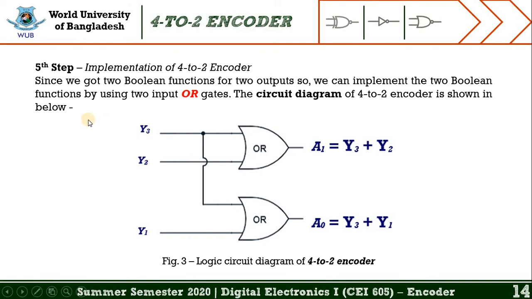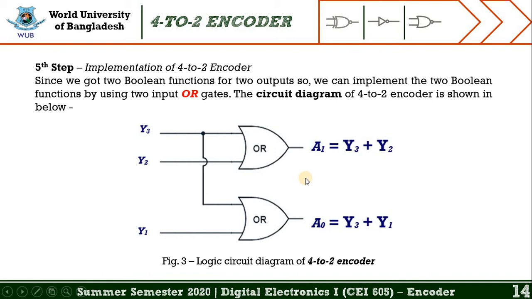Fifth step would be the implementation of the logic circuit of 4 to 2 encoder. Since we got two Boolean functions for two outputs, we can implement them by using two-input OR gates. The circuit diagram of 4 to 2 encoder is shown below, and we already know we get two equations for the two outputs. One is A0 is equal to y3 OR y1, and another one is A1 is equal to y3 OR y2. That's why we only need